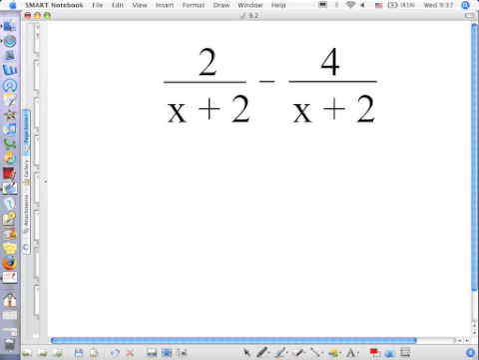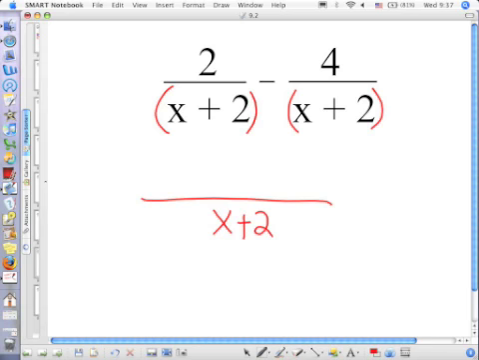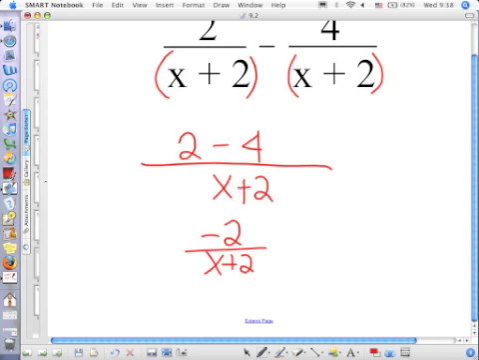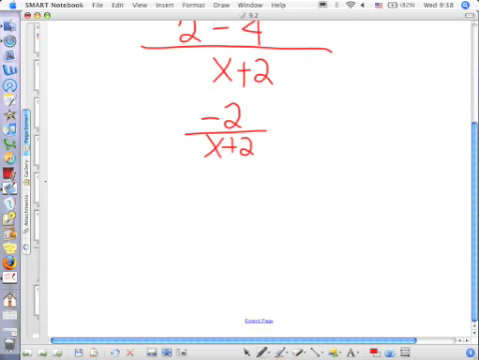Here, what's your common denominator? X plus 2. Understand, this is a group. You already have a common denominator. Do you have to change the numerators? No, because you didn't change the denominator. That's the answer. So your answer is negative 2 over x plus 2. Because you can subtract 2 minus 4. Can you reduce that? No. Just adding? Group. Put it in parentheses to keep it straight. All right, I want you to